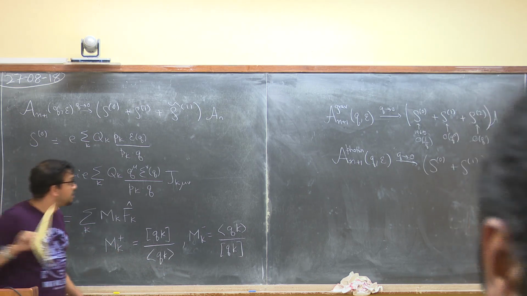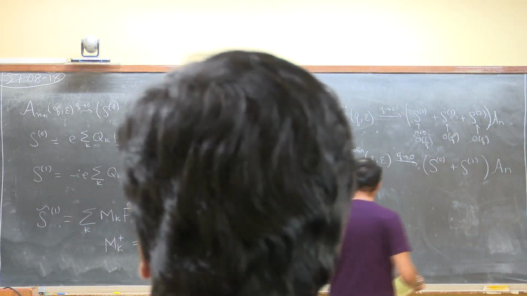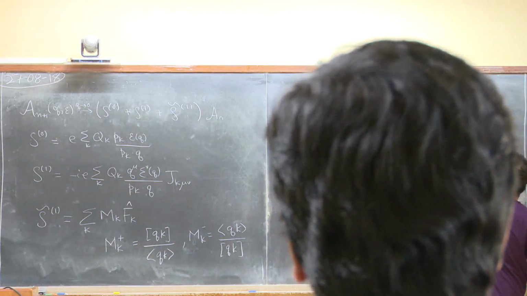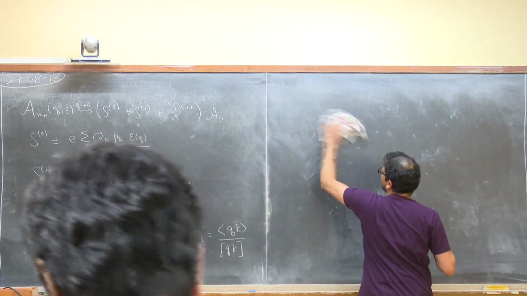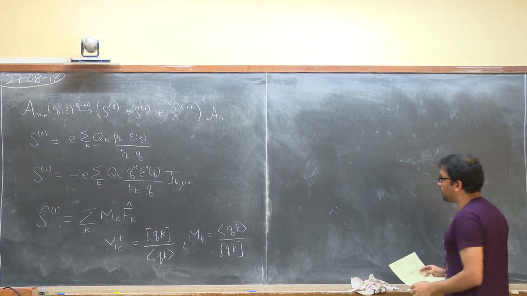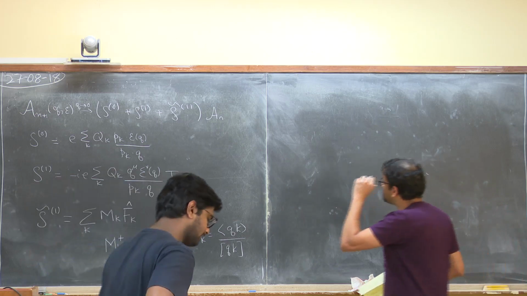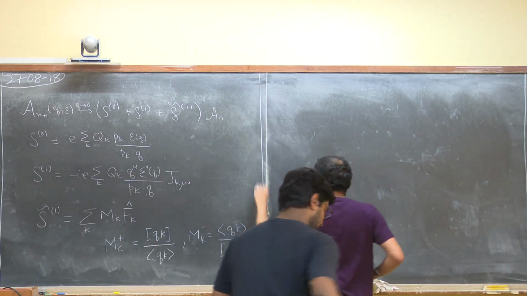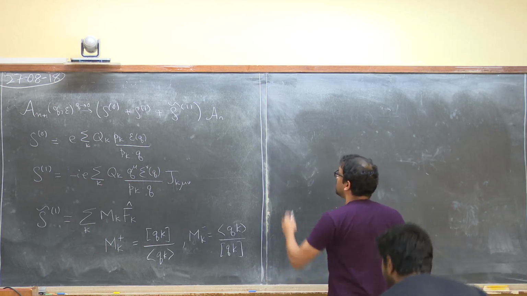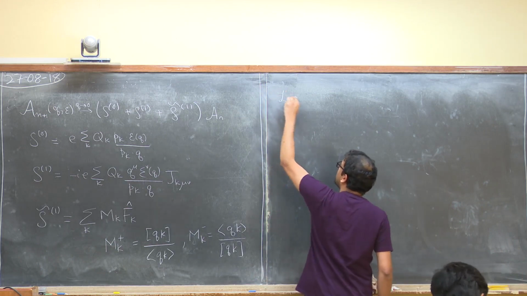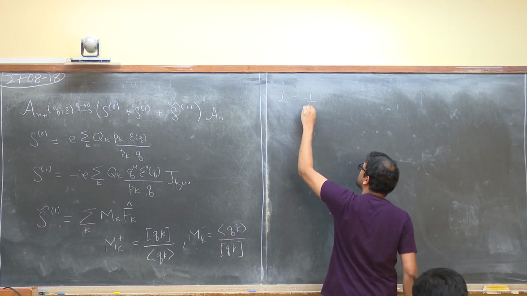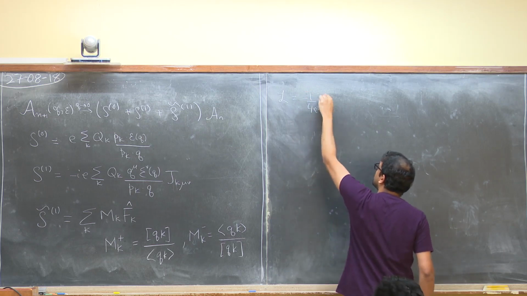Okay, in everything I'll do, as I said, it's general, but for clarity every formula I write on the board will be for one theory, the simplest theory. But you can of course write it down for anything you want. So the theory that I have in mind for any formula that I write down is simply this. It has a Lagrangian that's very simple.